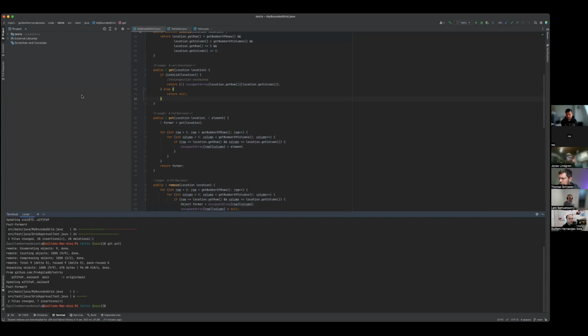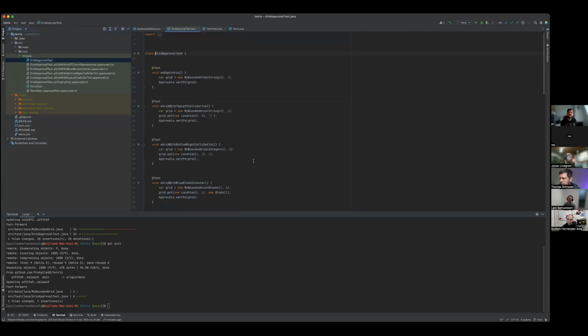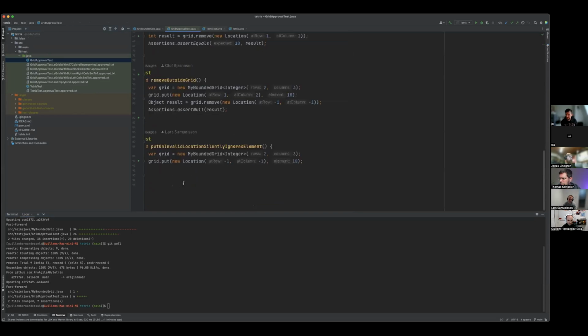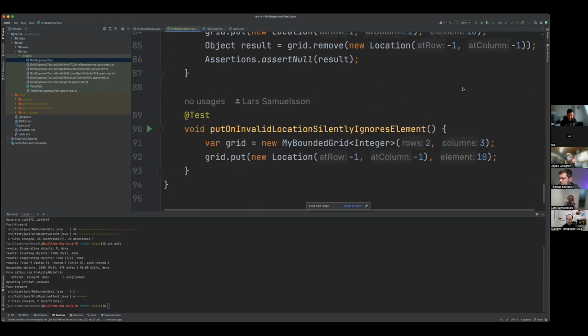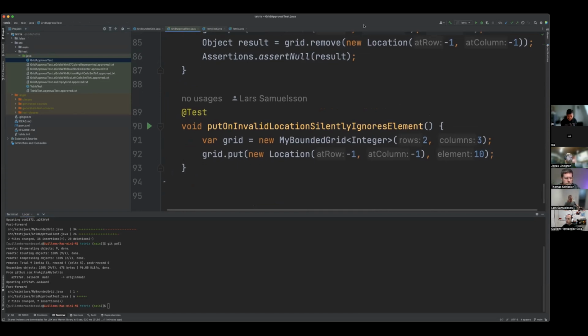There's something that bothers me about the test. There is no assert statement. We are just running something and we don't assert on anything. I'd like to change this. So silently ignores, what is our expectation? How would the assert statement look for that test? Does the grid look like before, or